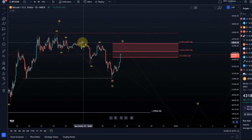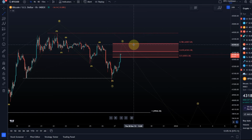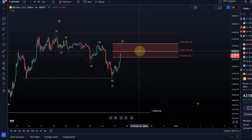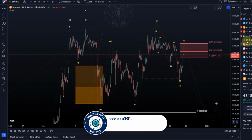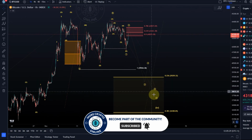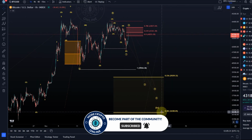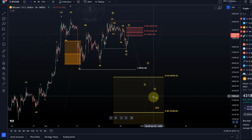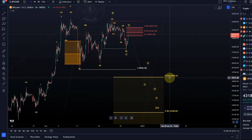Remember that in corrections we have to basically expect changes in wave counts. They are not to be seen as too predictive. They just give us the parameters, and all we're doing here is to track the structures to get to a situation in which we can say, okay, the correction is probably over or nearly over. At the moment, it's not the case. At the moment, I'd like to still see the C wave to the downside unfold, ideally into the support area that starts at